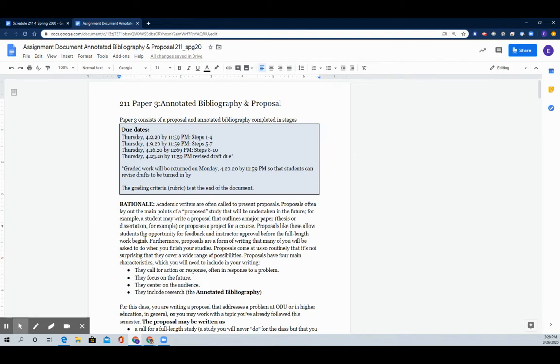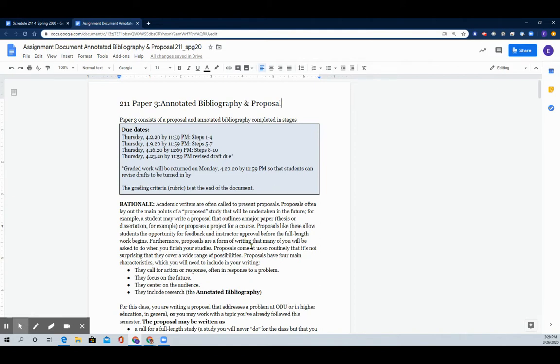Your version for this semester is 3 in order to condense this paper and make it more manageable for students in the online format. That also gives me the opportunity to have things graded in time so that students can make a revision and an informed decision about the pass-fail grade.